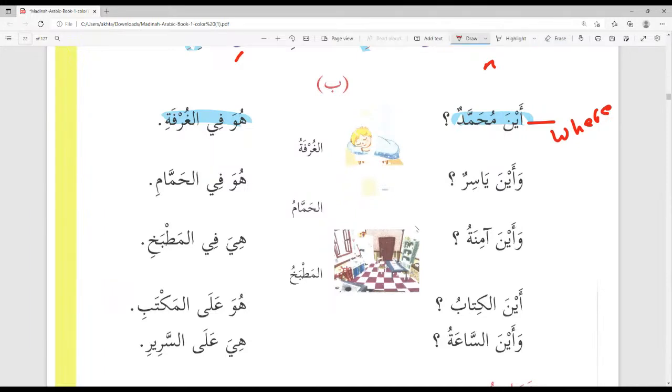Another new word here: huwa, which translates as he, or if it's an object like أين الكتاب, where's the book, we would say it. We say huwa. So huwa can mean he or it. طلحة, ما معنى هو في الغرفة؟